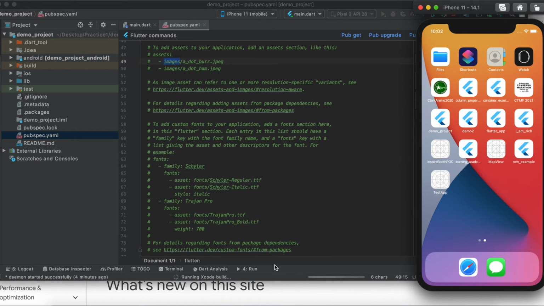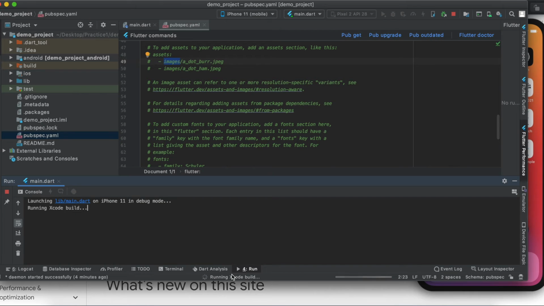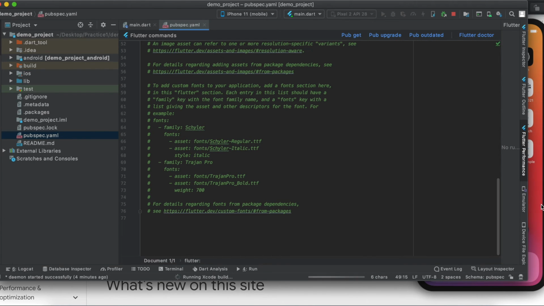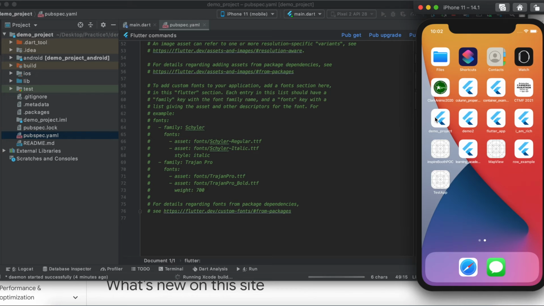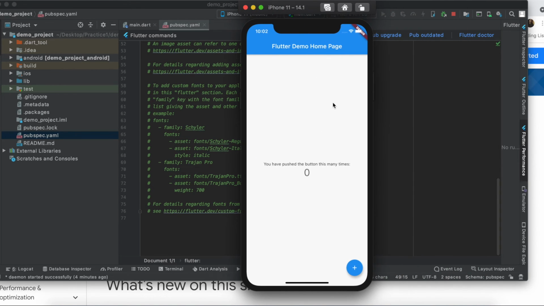I'll just show the project, just a second. It's indexing, and it will open. Yeah, this is showing running Xcode build. So it will run over here. Apart from this, only these things are necessary. For this emulator and simulator, I'll just open that project. This is the demo project. Once it runs, it will show up like this.